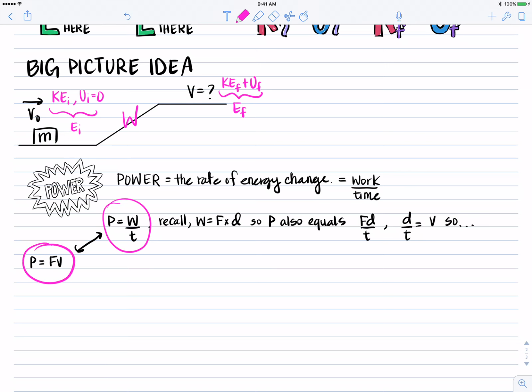And that was the last thing that we saw of introduced information in our work and energy unit,